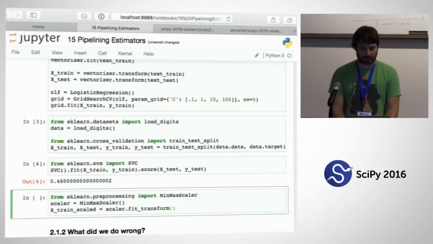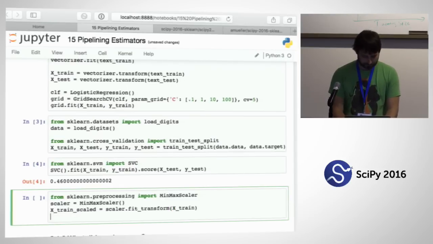This is the same as calling fit and then transform in sequence on X_train. And X_test_scaled is